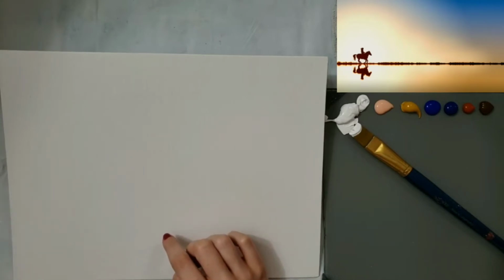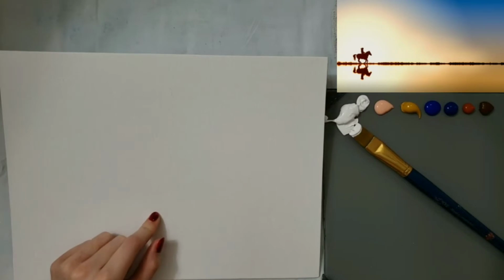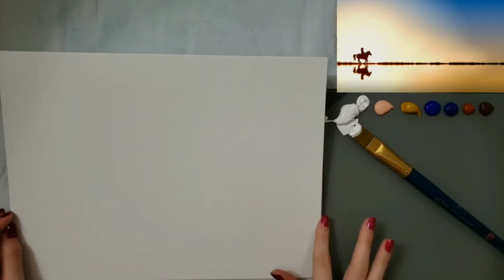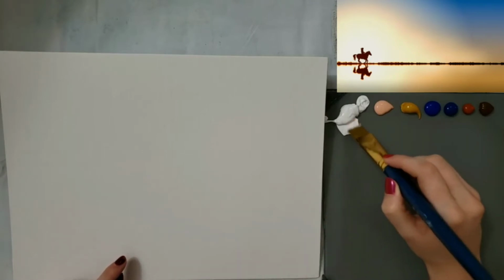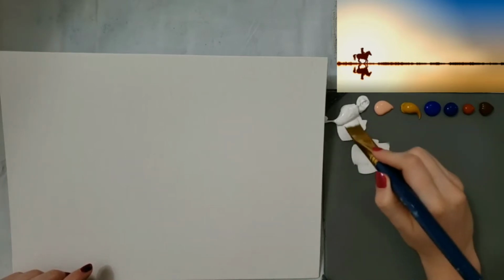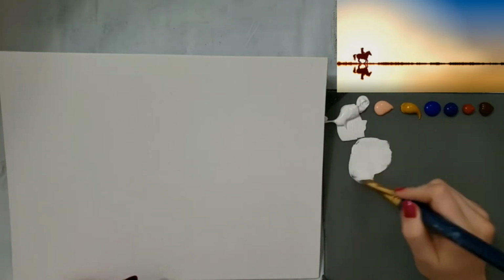First you're going to want to kind of mark out where your land is, and I just kind of did it like you split it into thirds, then it's on the bottom third all the way across. And I did it with a yellow watercolor pencil, something that'll come up with water. I can wipe it off with a damp rag or paper towel or something like that. So you can't see it, but you would want to make sure that you can see yours. I can see the light yellow line on mine, so just kind of mark where you want your land to be. We're going to probably cover over it since the colors in the water are the same as the colors in the sky, so we're probably going to end up doing both at the same time. I'm not sure, but